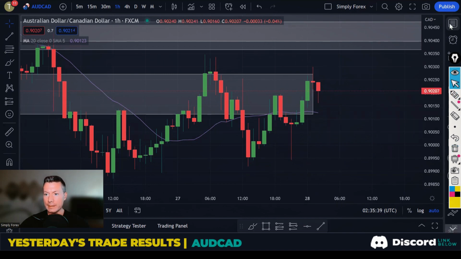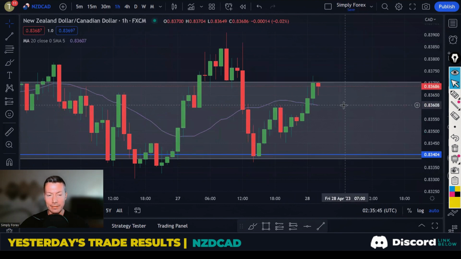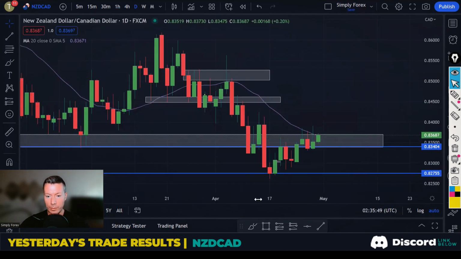The next trade from yesterday was New Zealand dollar against the Canadian dollar. We had to have a couple of bites at this one before it came down and hit target. If we start with the day chart,